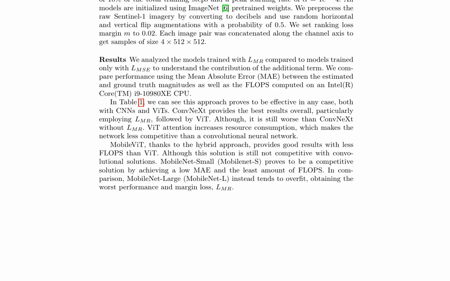The comparison of models trained with the margin ranking loss and those trained only with the mean squared error loss reveals the contribution of the additional term in improving the performance of the models. The results are evaluated using the mean absolute error, MAE, between the estimated and ground truth magnitudes, as well as the FLOPs computed on an Intel Core